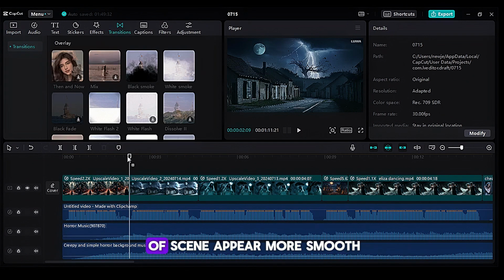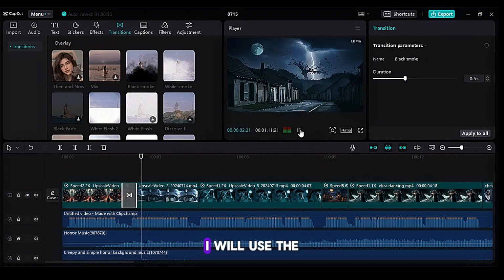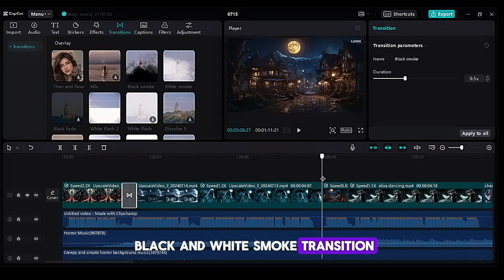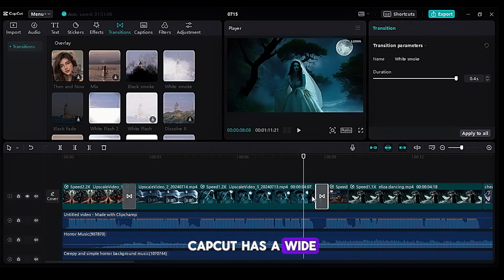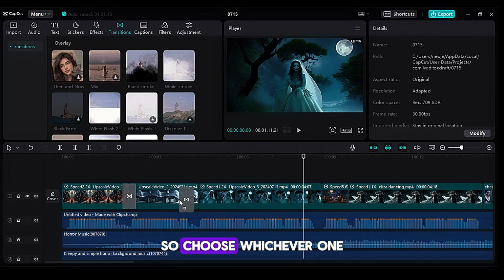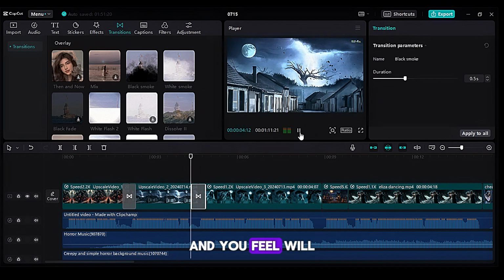Transitions help the change of scene appear more smooth. I will use the black and white smoke transition, as it would suit this genre of video production we are making. CapCut has a wide library of transitions, so choose whichever one you find cool and you feel will suit the scenery.